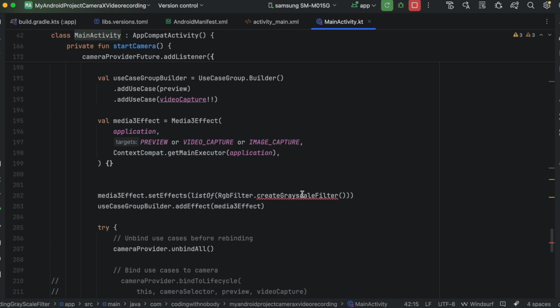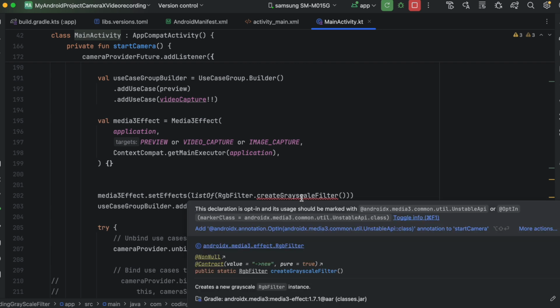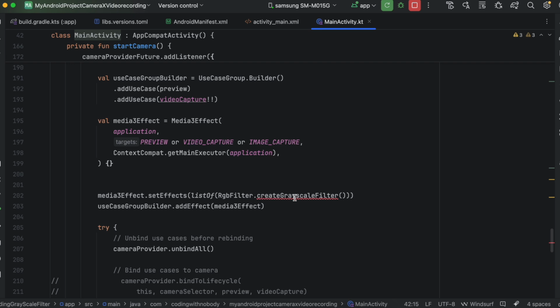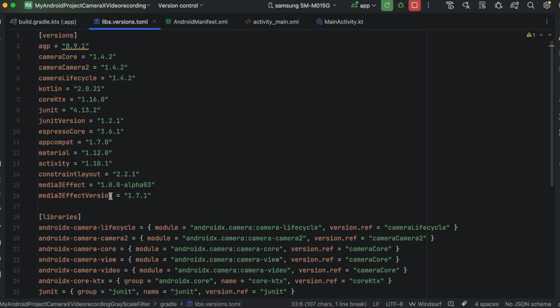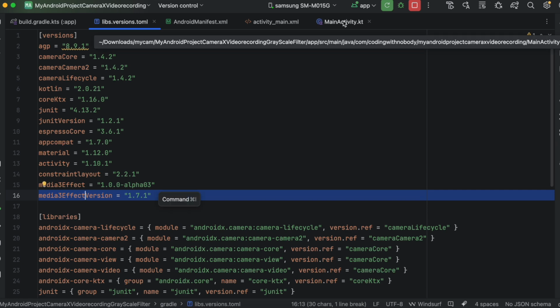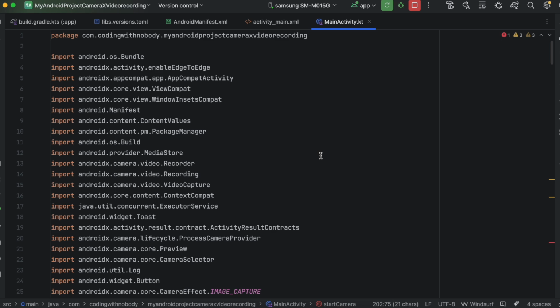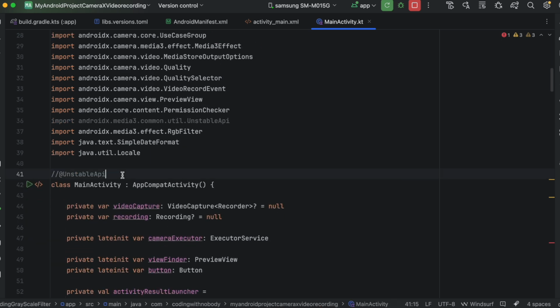Now some of you might be wondering, okay, we might get this because we are using the alpha version of the Media3 effect. That's not the case. So this create grayscale filter comes from the stable version of Media3 effect, so this one. But this is one of the quirks of Android development. Even if the library is stable, the APIs are a bit unstable. That's why I have to add this particular annotation,